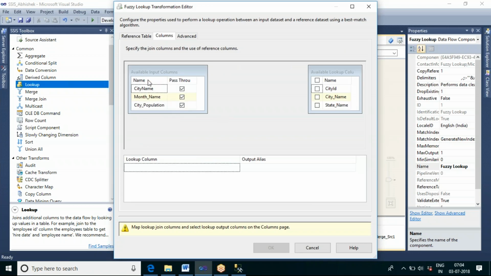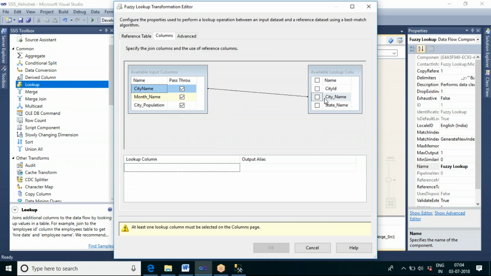Here you can see that these are the columns coming from the transactional table, and these are the columns coming from the master table. Now you want to compare these two tables. What is the comparison column? I can take this as the comparison column. I can compare the city names here. In order to compare the city IDs, there is no city ID in the transactional table, so that's why I'm mapping this.